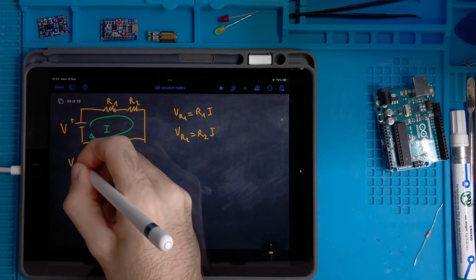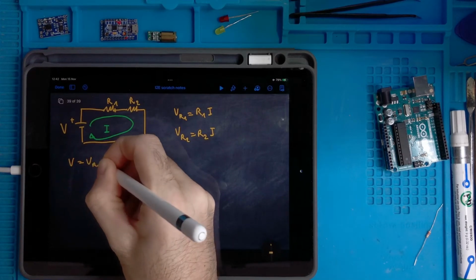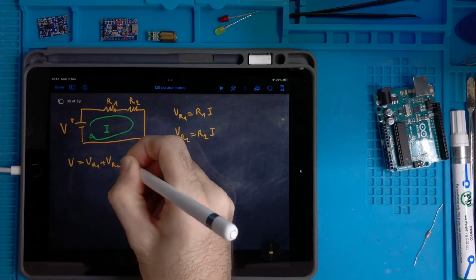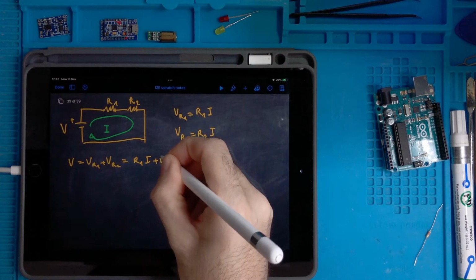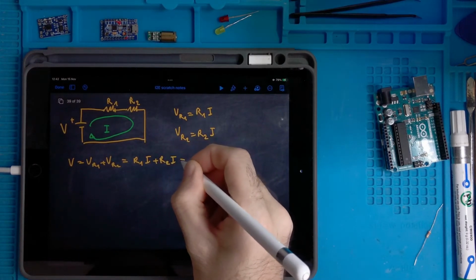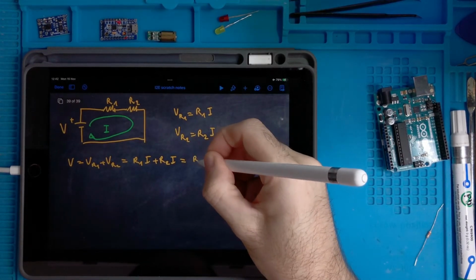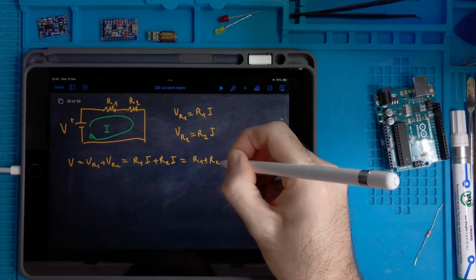So V equals VR1 plus VR2, which is R1 I plus R2 I, and with very little algebra I can put R1 plus R2 together,